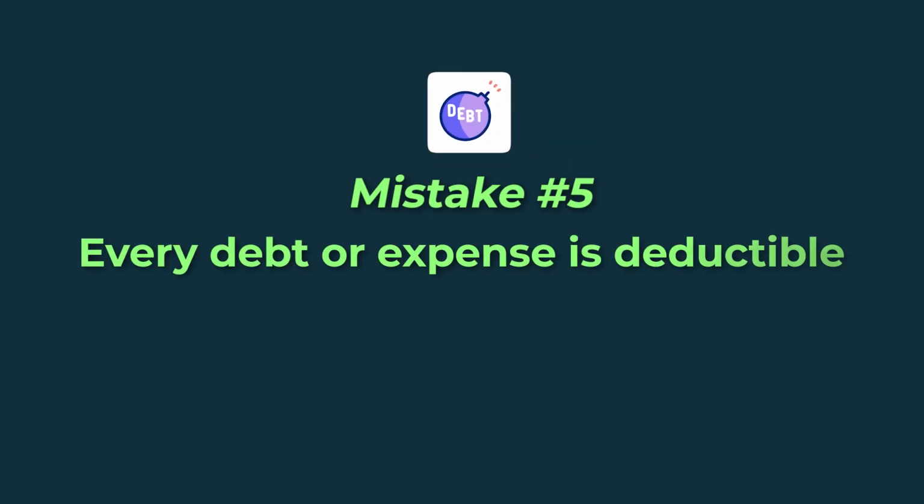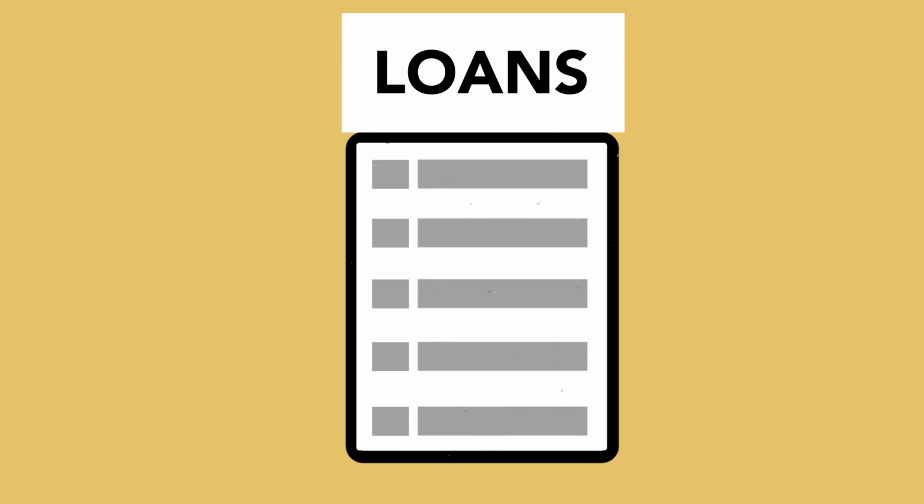Another common error made by businesses is that they deduct all their debts, regardless of what the debt is. Not every debt is deductible. So if a person has an interest-based loan and interest is accruing, the interest is not deductible. Yes, the principal amount is deductible.